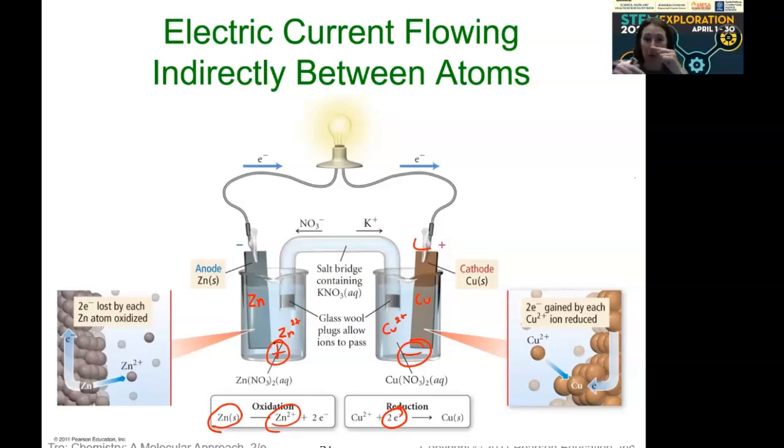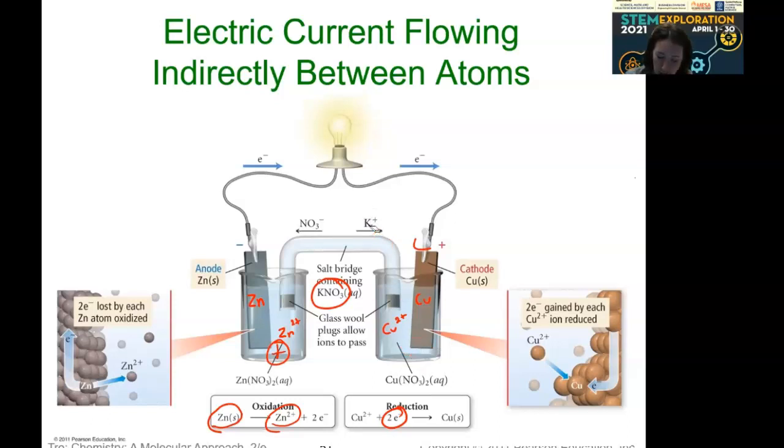We want this reaction to keep going. So therefore we need to neutralize the charges. So we use a salt bridge, and usually any salt, any ionic compound, any soluble ionic compound works. In this case, we used KNO3. So what happens is the positive ion will travel to the solution here to join these negative ions to keep